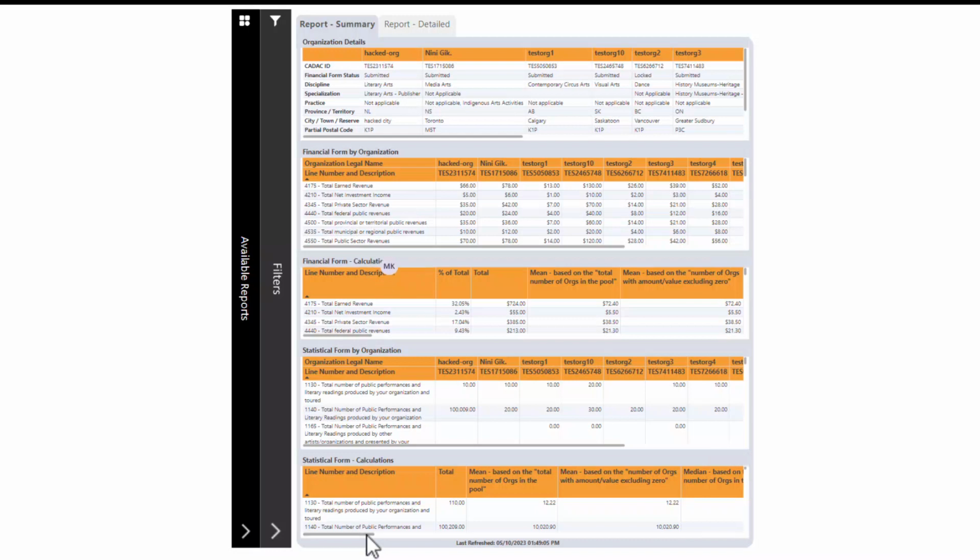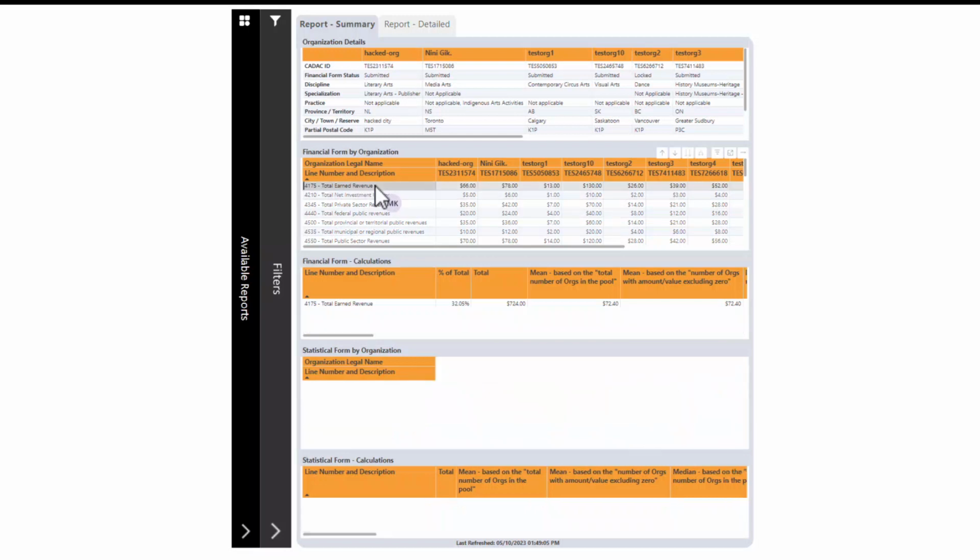This report is interesting and useful in the sense that as an agency user, I'm able to isolate information for specific lines. For example, visually, if I wanted to benchmark and compare individual organizations' total earned revenue, I could click on that line, and as you can see, it highlights and isolates that information. I'm able to look at that line visually for each individual organization and compare it to the aggregate data for